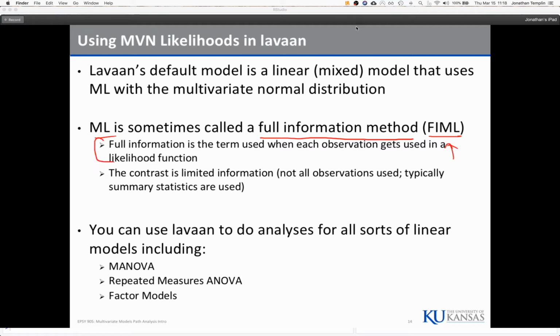What is meant by full information is that each observation, each value from that dependent variable, gets plugged into the likelihood function at some point. Now, since I've been trying to teach you maximum likelihood, you saw that in our ML section where we were able to plug in values to the likelihood and compute likelihoods and so forth. So that seems like, well, yeah, of course, every value has to be there. But it turns out there are limited information versions of